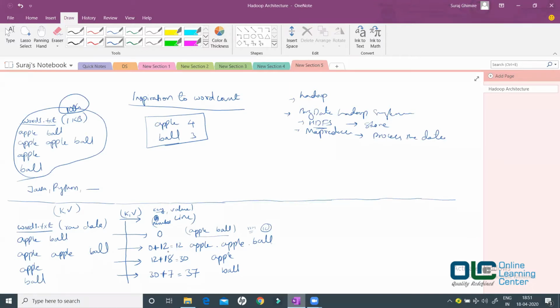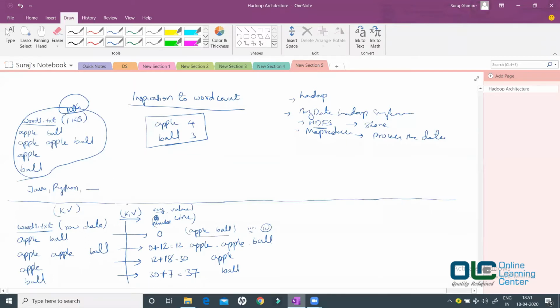They are generated based on a formula, and the formula is this: the previous value plus the length of the line plus 1 for slash n, and that's how you keep getting this data. We will look into this number later when we start doing a practical. At that time I'll count it and show you that the numbers are generated using this sort of formula.